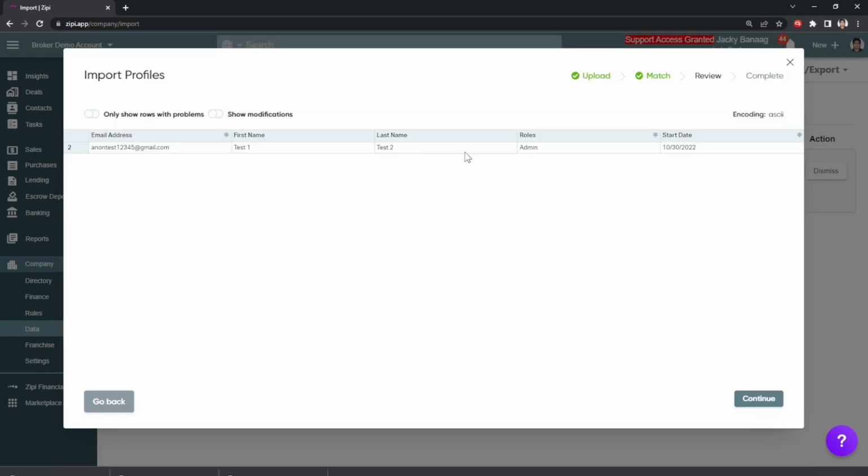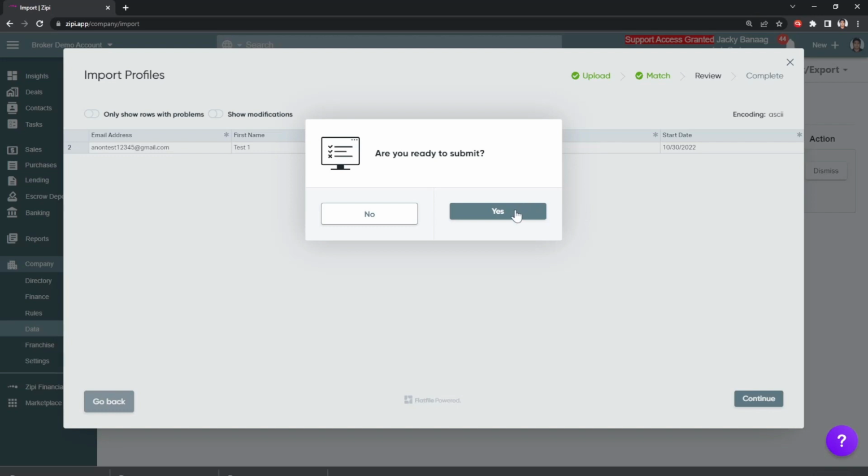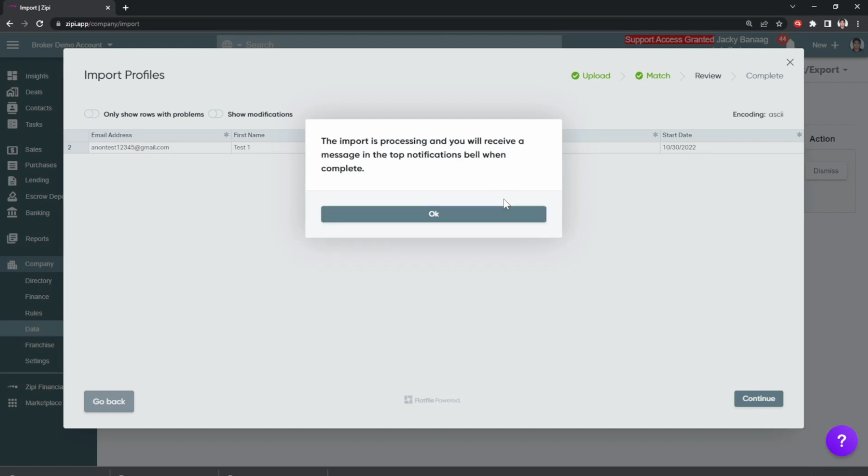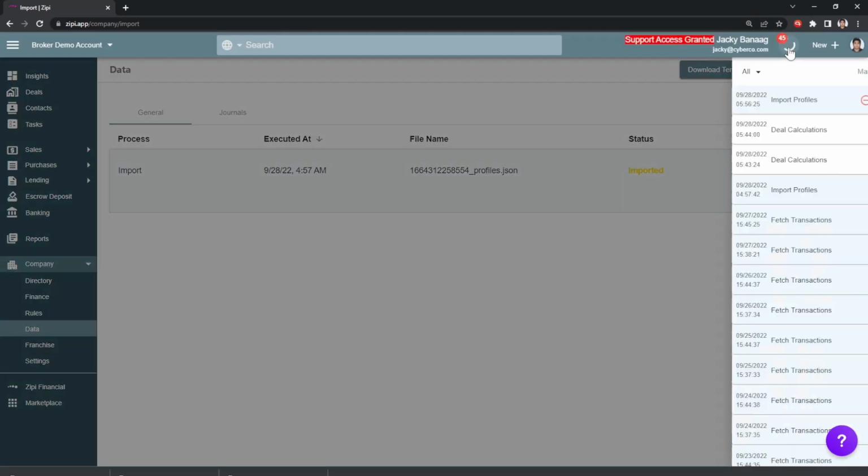If the system detects any errors, it will let you know in this page. If everything's good, then click on Continue and then click on Yes. It will then start to upload your data and you will just get a system notification that the import is done. That concludes our tutorial for